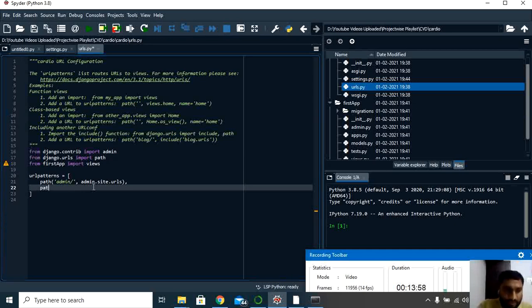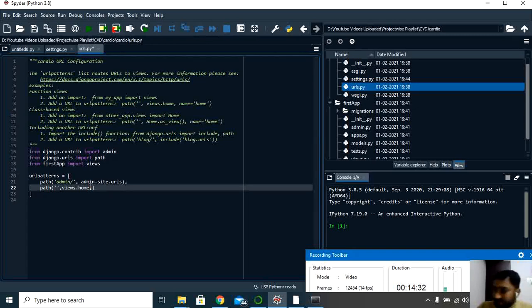Let's create a path and give the default. If you want to have a default, just have two quotes here, don't give a space in between, then a comma. Next is views.home. We'll talk about what exactly views.home is. I'm going to create one method called home in views, and fetch using views.home.